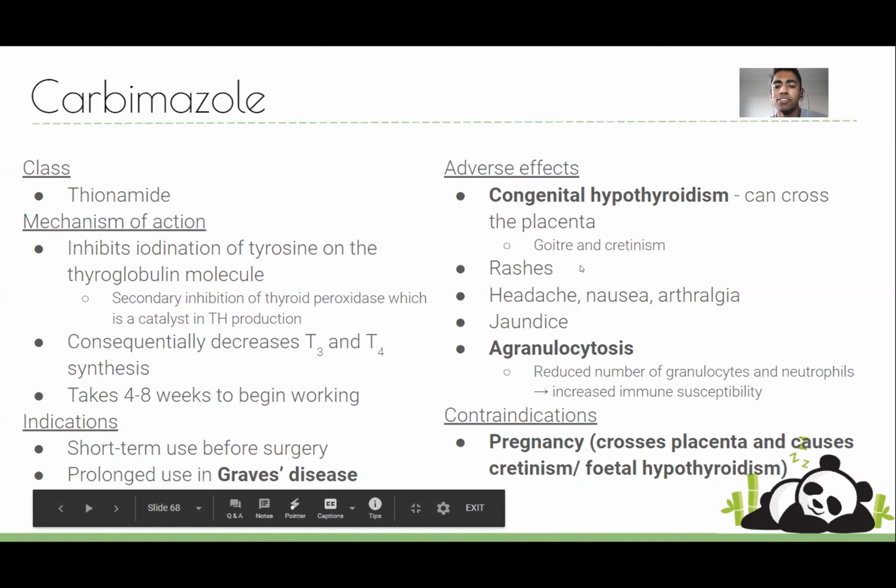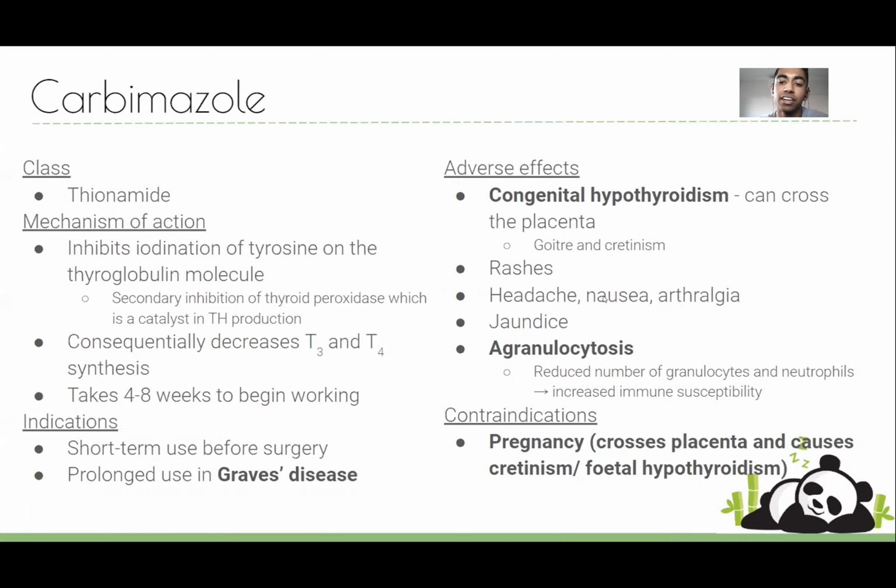The main adverse effects: we've always got headache, nausea, rashes, allergies, arthralgia. Those are pretty unimportant. The main ones are congenital hyperthyroidism. If someone's pregnant, carbimazole and the thionamides can cross the placenta and affect the developing fetus. Because they're reducing iodination, they're going to be reducing the amount of T3 and T4 in the developing fetus, and that's going to cause cretinism because they're not going to have enough T3 and T4 to support adequate development and